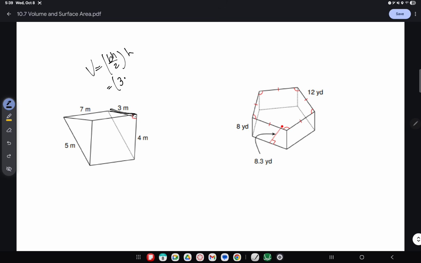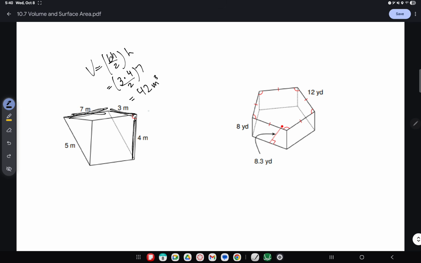The height is 4, and then we'll divide that by 2. And then the depth of the prism is 7. Then we'd have 3 times 4, which is 12, divided by 2 is 6, and 6 times 7 is 42